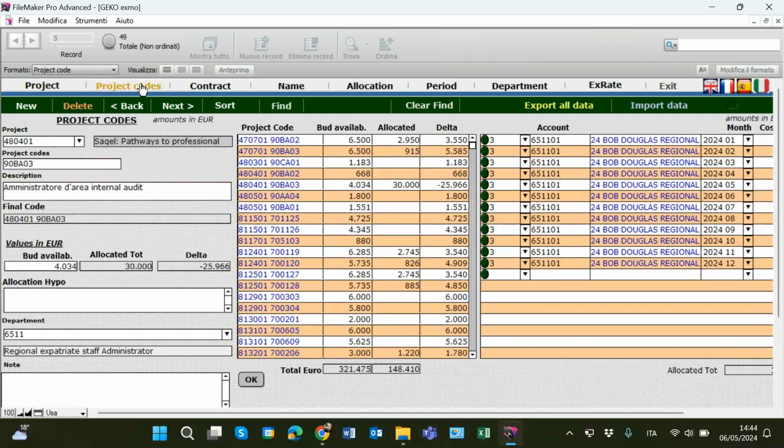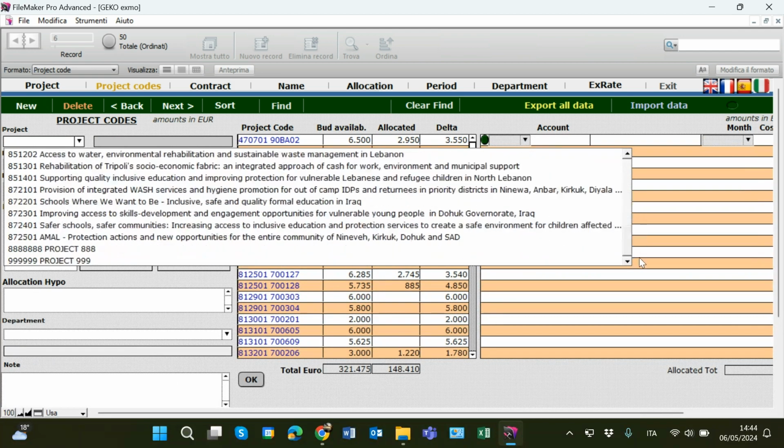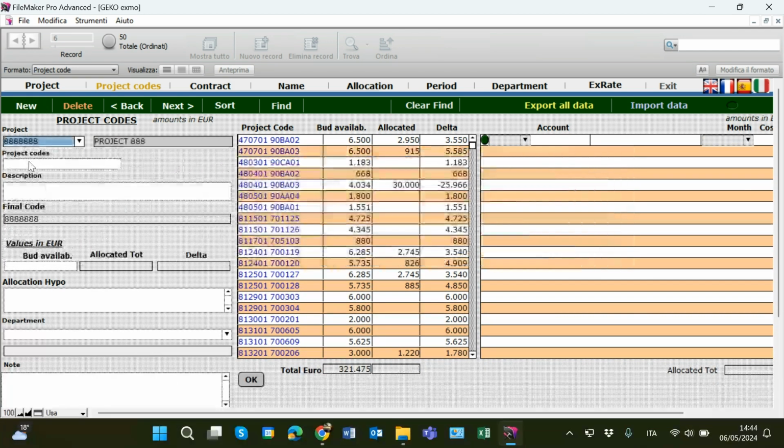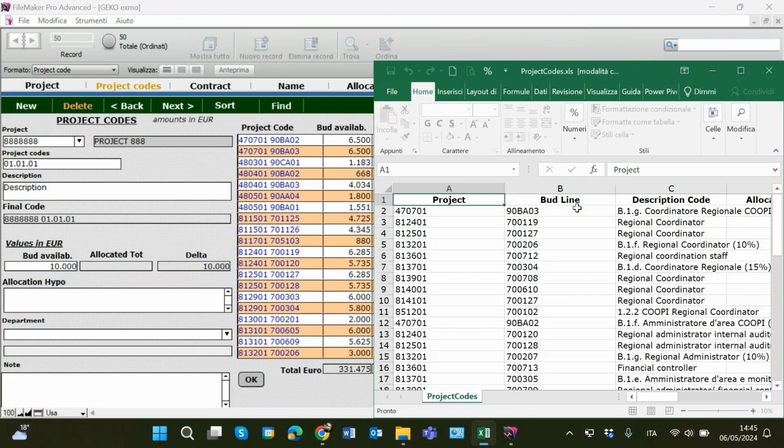So what we do is, we want to import several budget lines related to this project. My recommendation is first of all to generate one line dedicated to this project. So I click new, I select the project and let's say I want to add the budget line 010101 for example, and a short description of the line. I can also enter the budget, let's say budget available for this specific budget line. Then the next step is just to click export. I export all data